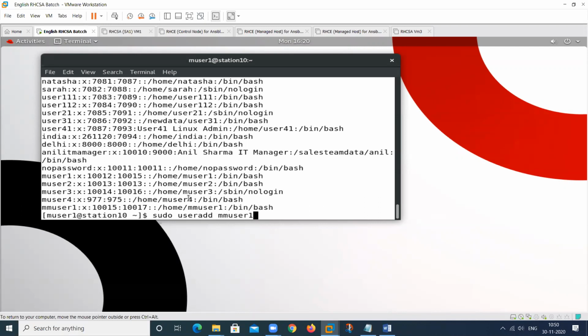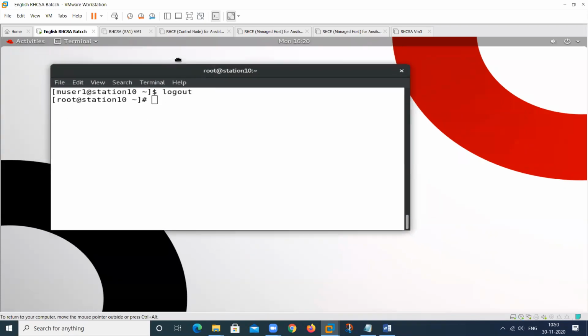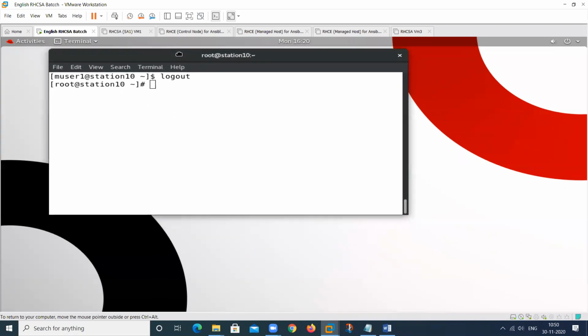Is it clear, Sir, regarding the wheel group? Sir, the thing is this: the wheel group is automatically built into Linux. That group is already created in your system, just like the Administrators group that is already created in Windows also. So wheel is a group that is pre-created when we install the Linux operating system. Okay, okay.